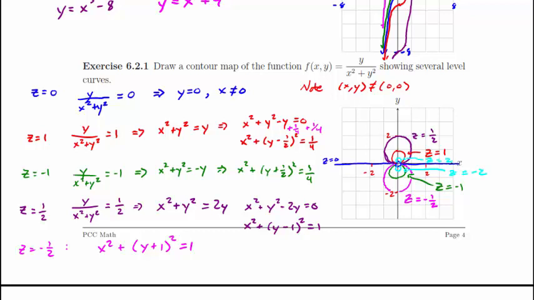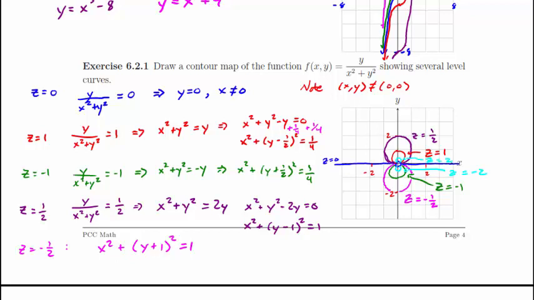And I'm just inferring this from the symmetry of how these solutions are working out. If I do z equals -1/2, again, I'm just doing it by symmetry. I didn't do any algebra here. I just knew that it was going to work out the opposite of the previous work. So we should get x squared plus (y plus 1) squared equals 1, which gives me a